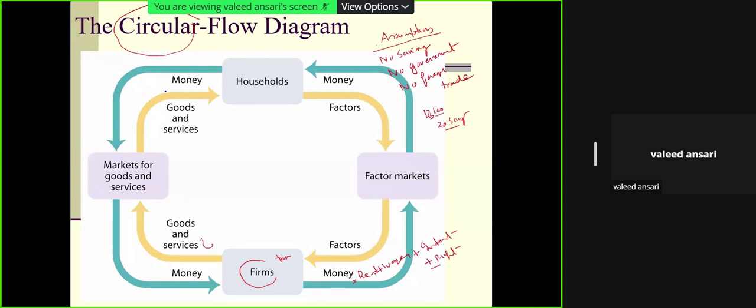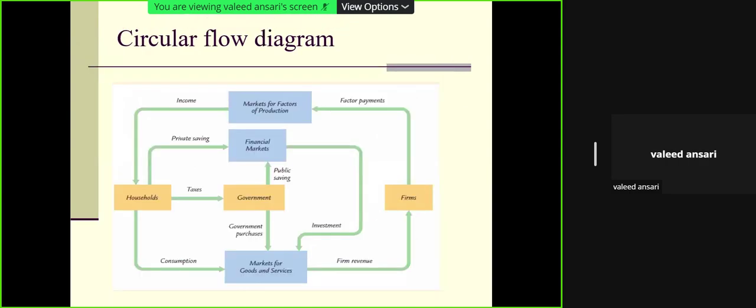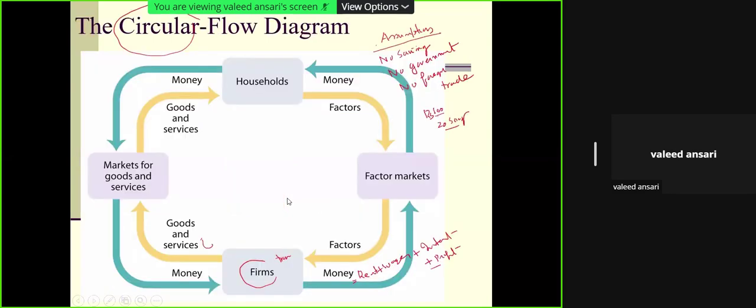Something, or if unilateral, you provide services but you do not receive a payment. Now let us introduce that part also in the diagram. We also have assumed that there is no government, so we will do away with this thing. We will also do away with this thing, and no economy lives in isolation. So there is always a linkage with the foreign sector.